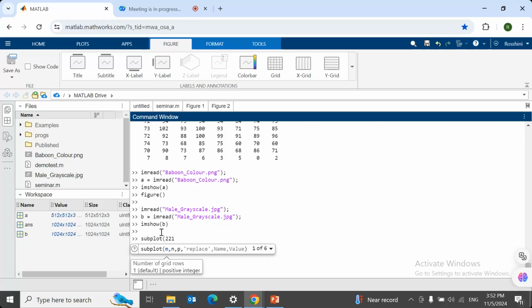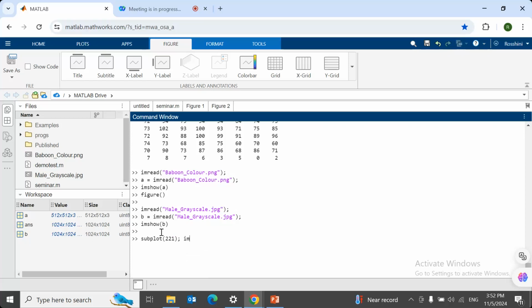So this 221 is simply the size of the image you want it to be displayed, like how small you want. You can change the number however you want. So just use the command, subplot bracket 221, and do not forget to close the bracket with a semicolon,